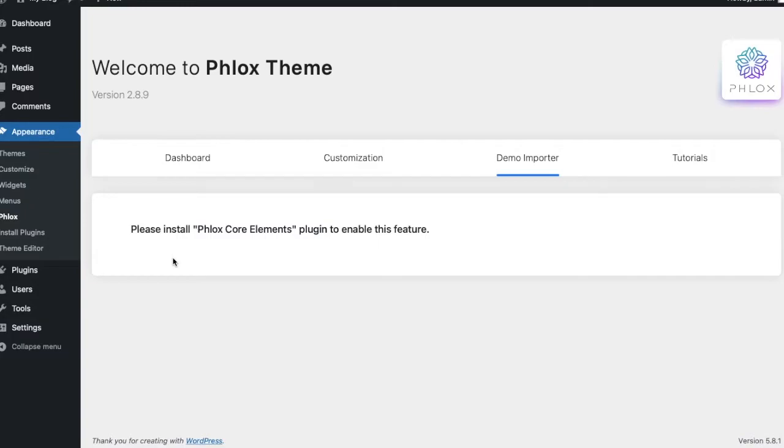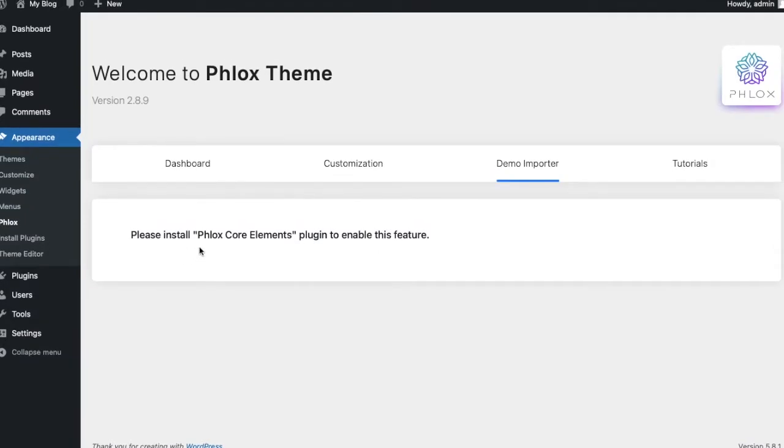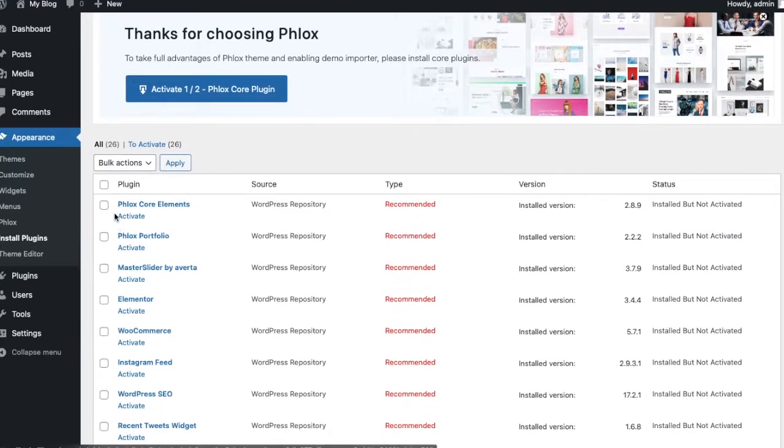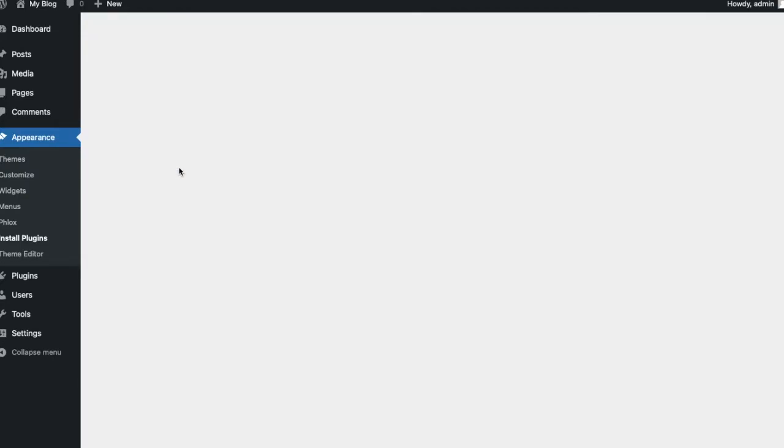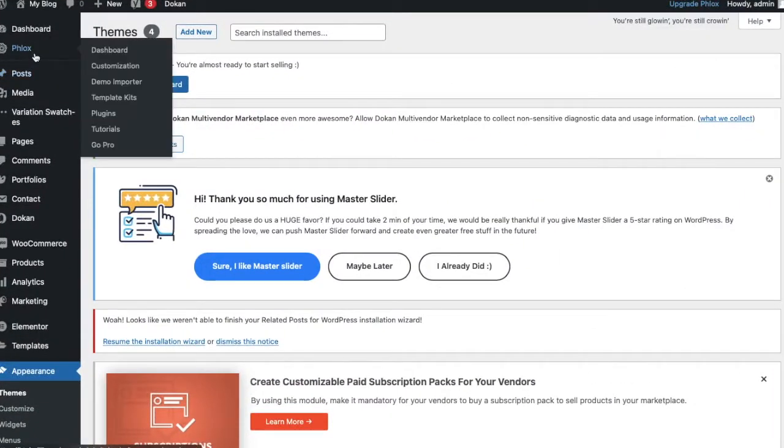Oh sorry, I just have to install one more plugin which is known as Flux core elements. So let me install. Actually I didn't have activated these plugins, so let me activate. It will be done automatically right now, so let them activate. I'll skip this part as well. So remember, you have to activate all the plugins. Okay, so I'll skip this part. And now I have activated all the plugins.